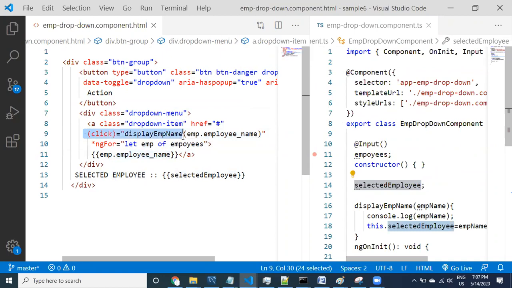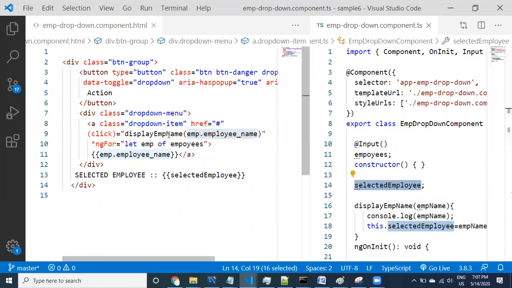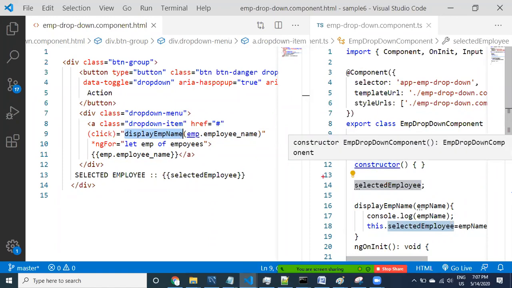When you are clicking it, what's happening? We are sending this selected information to, where are we sending it to? Selected info. Yes, see here guys, this information we are providing to display employee name. This is going to call this particular method. See here guys, this method is going to get called. Here in this method, employee name, we are printing in the console.